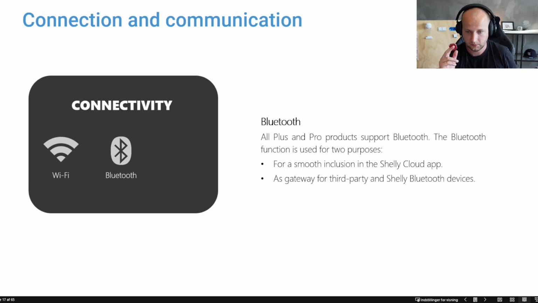Bluetooth cannot talk directly with the internet, but as any of the 230 volt Plus and Pro devices is connected to the Wi-Fi and has built-in Bluetooth, it can then be used as a gateway. So when you press this button, it will automatically connect to the closest device, which will connect it to the internet in that way. So it will act as a gateway. This is quite clever, because if you have multiple devices in your house, then this button will always just connect to the closest device. So this is very nice.